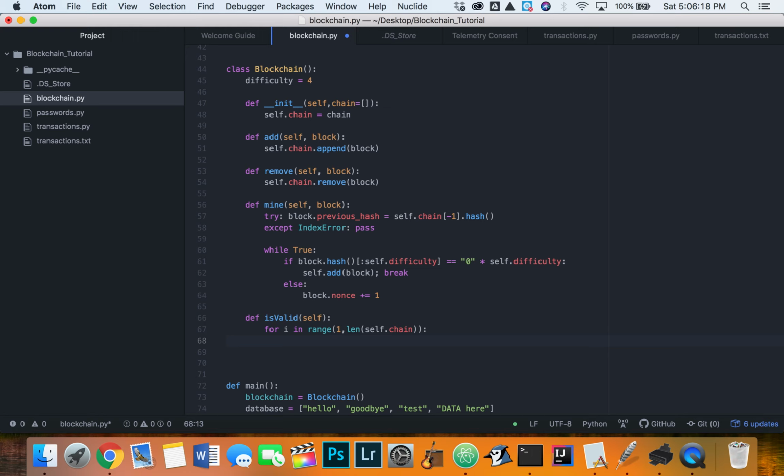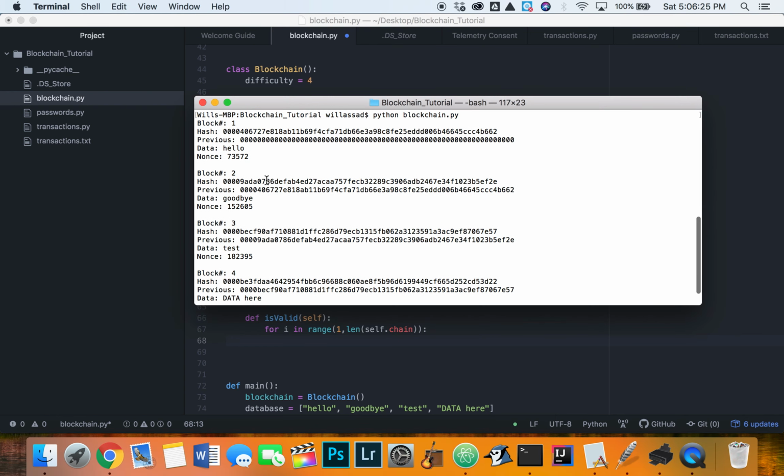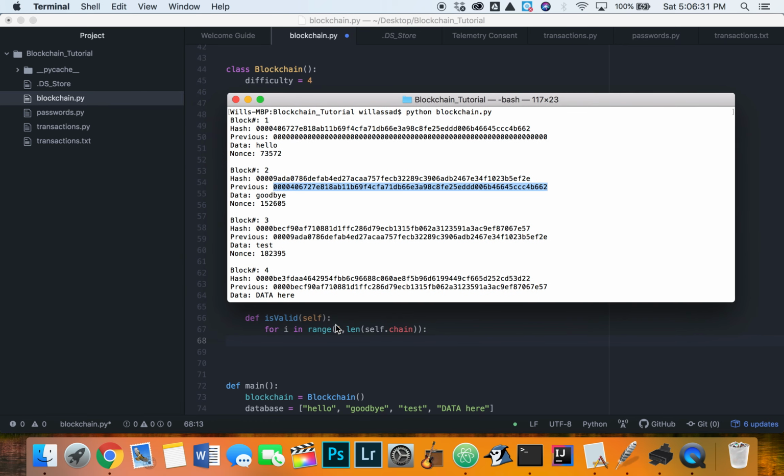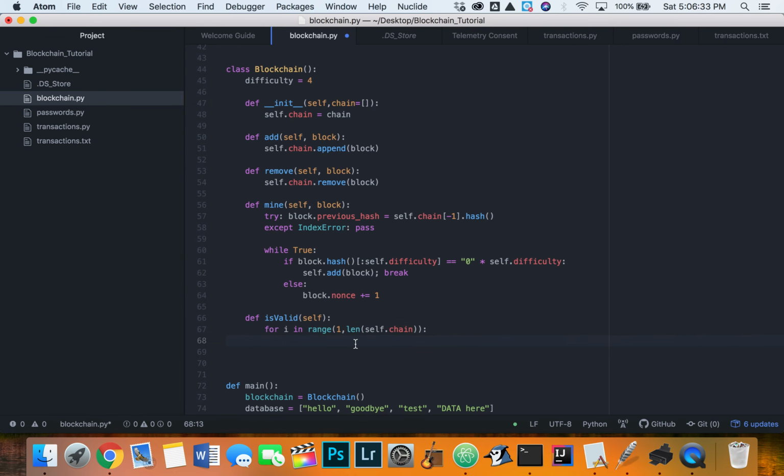And then we're going to check the previous hash of the current block that we're on. So say we start here, we're going to start on the second block. We're going to check this previous hash here. So we're going to access that. I'm going to call that _previous, which should be equal to the chain at i